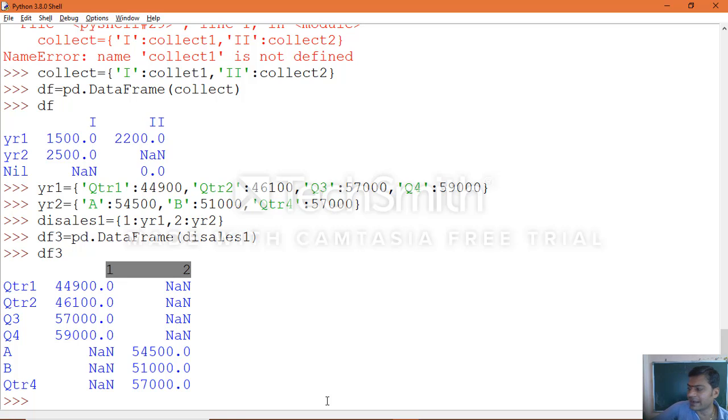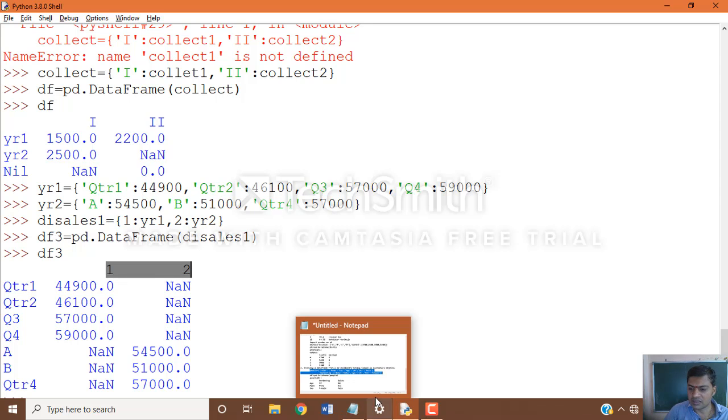This is the example in the textbook on page number 32, example number 23. We have now come to know one type of data for which you can use a dictionary: a dictionary as the values of a dictionary object. These are two ways we can use dictionaries when working with data frame objects to create data frames, the two-dimensional tabular form. We'll continue with another feature of data frames in further classes. Thank you.